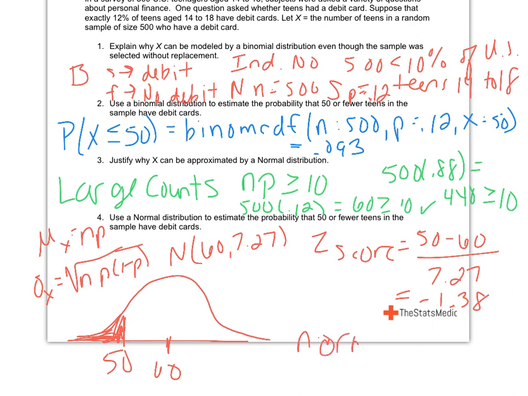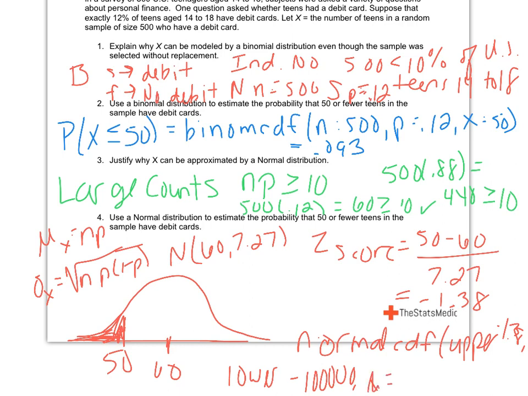So I'm going to go normal CDF, and in this case my upper, because I'm going down, would be my z-score, negative 1.38. My lower is negative, big, giant number. My mean is 0 because I use my standard curve with standard deviation of 1, and I get an area of